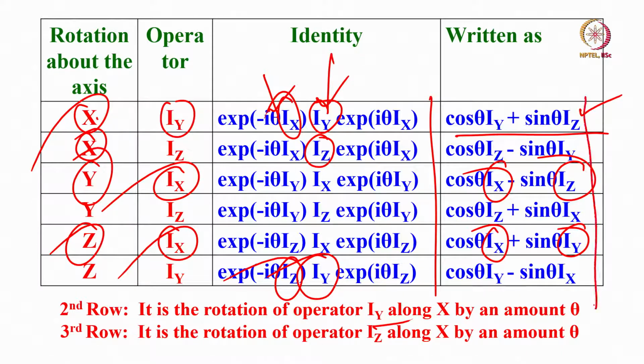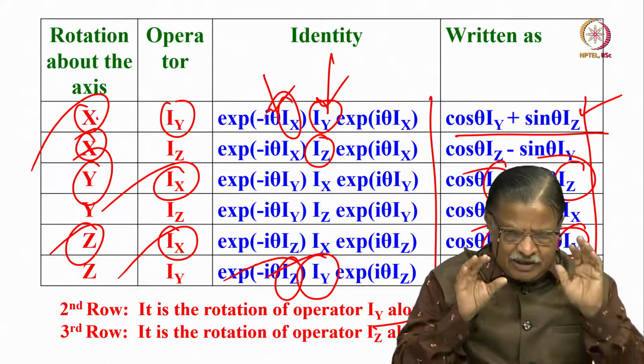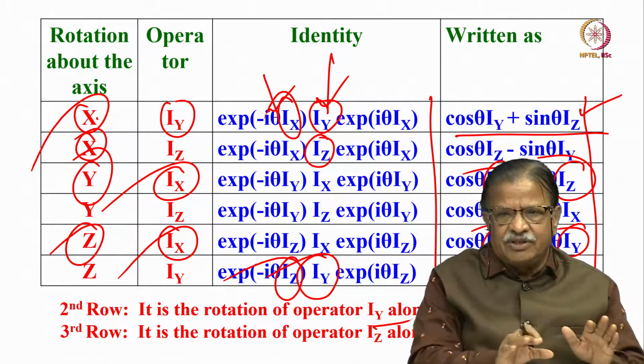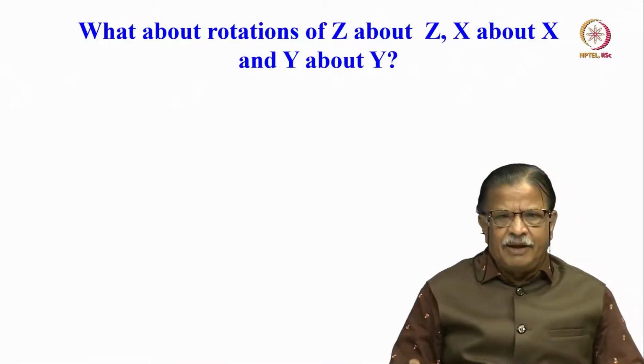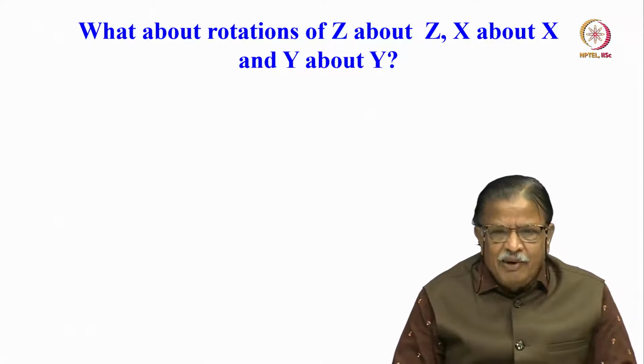That is all you have to understand. For 6 of them, this equation is very well known, the solution is known. You must remember these things. If you know these things, you can understand the operation and the rotation of any operator about any axis in any pulse sequence given. You can easily do these things. Now, you may ask me here,